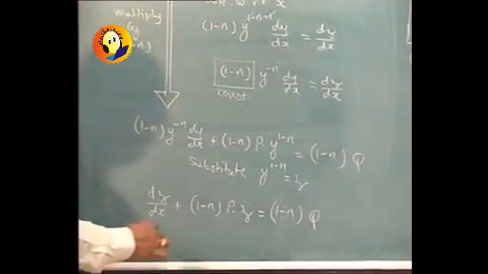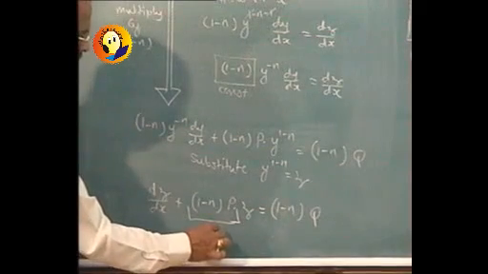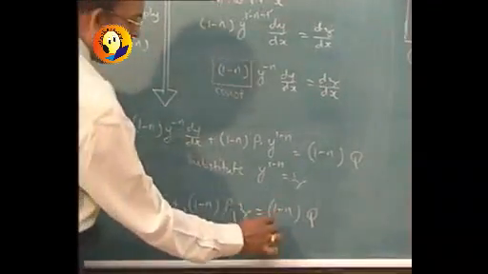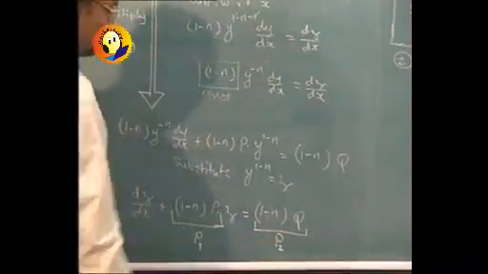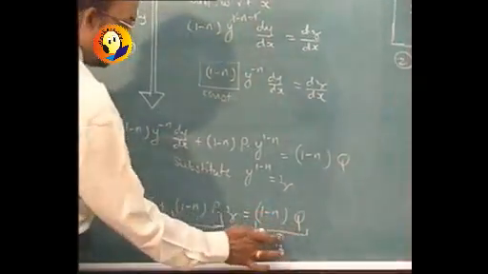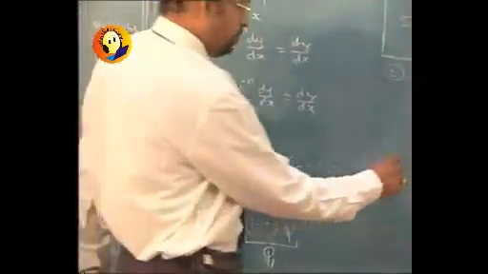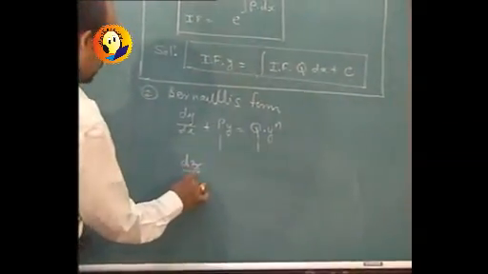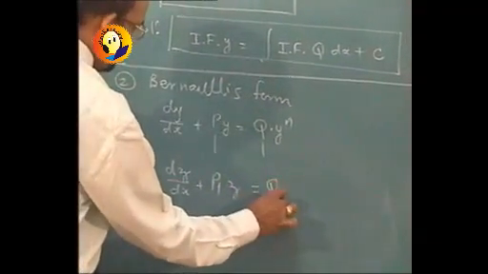Now this form is not matching with the given form, but we can temporarily say that 1 minus n into p will be simply a function of x only. Let us call it, say, p1, and similarly 1 minus n into q will be again a function of x only, say p2, or we can say it as q1, and then this form reduces to dz by dx plus p1z equal to q1,